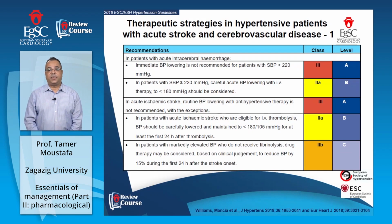In patients with acute intracerebral hemorrhage, immediate blood pressure lowering is not recommended for patients with systolic blood pressure less than 220, and this is class 3 level of evidence A. In patients with systolic blood pressure more than 220, careful acute blood pressure lowering with intravenous therapy to less than 180 should be considered, and this is